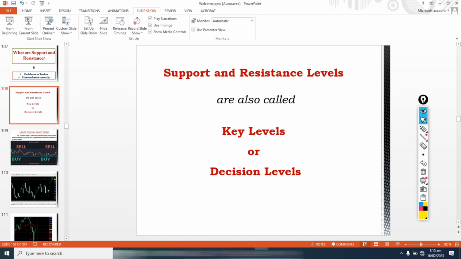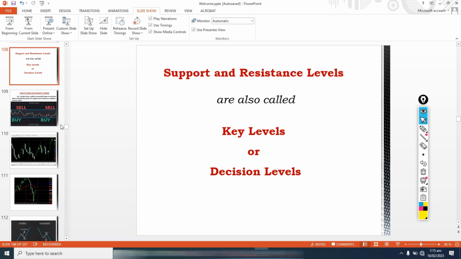They are equally called key levels because these are levels that we have in the forex market or a chart of a particular currency pair where price definitely is going to react. So we find difficulty in breaking those levels. That is why it's called key levels. So going further,